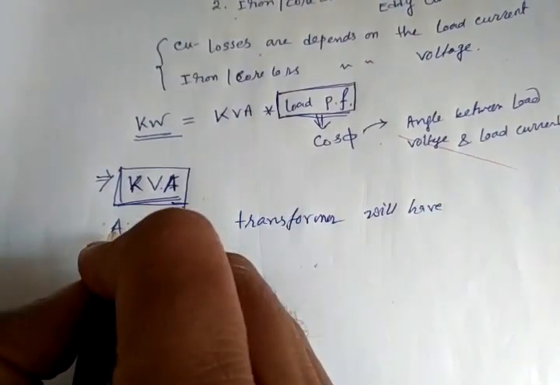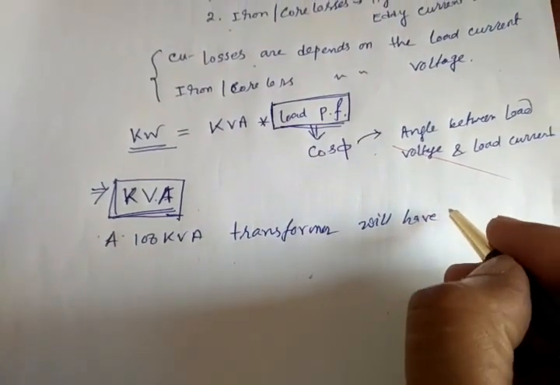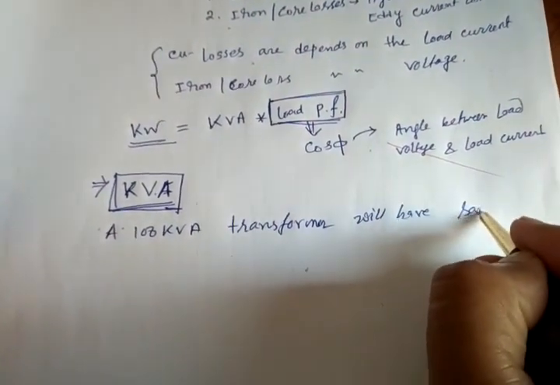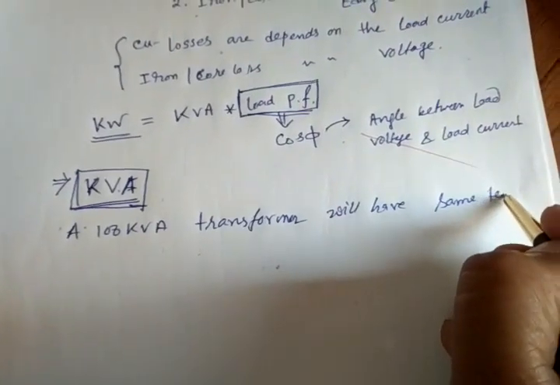So in other words, we can say that a 100 kVA transformer will have the same temperature effect, or same temperature rise,